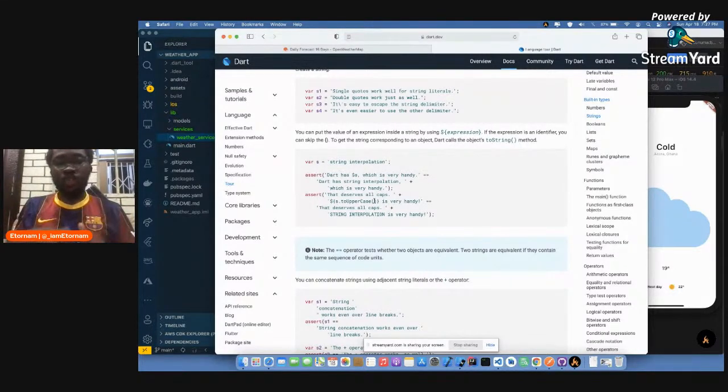A dynamic value into a string. So over here we are saying var s is equal to string interpolation. Inside this other string, in order to do that, you use the dollar sign, and if it is more than one word, you use dollar sign with curly bracket. So the curly bracket